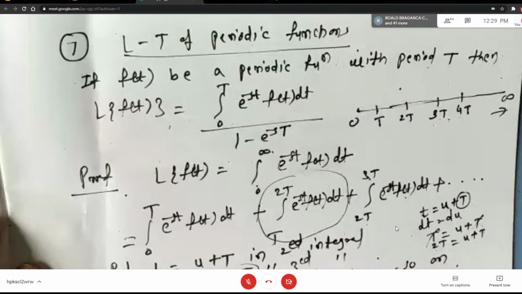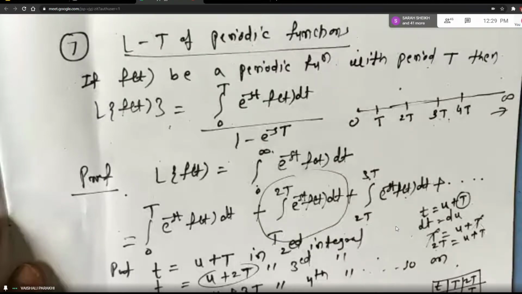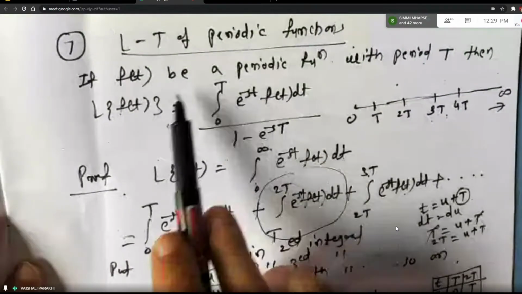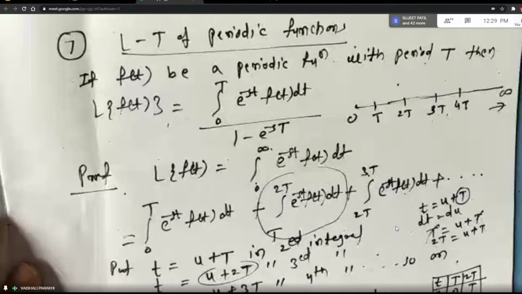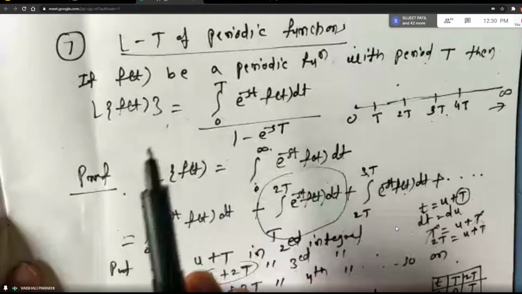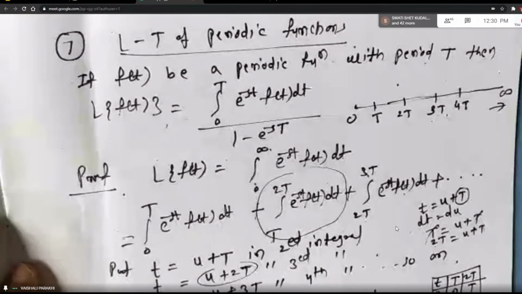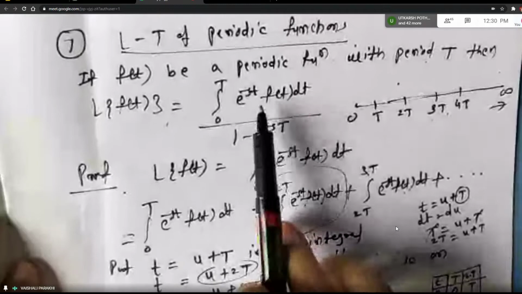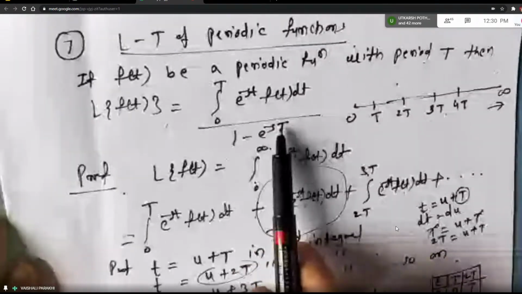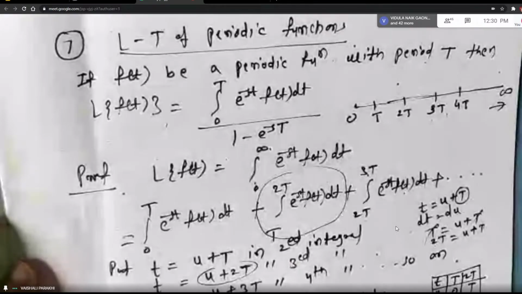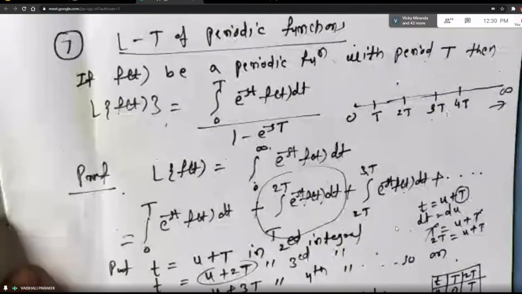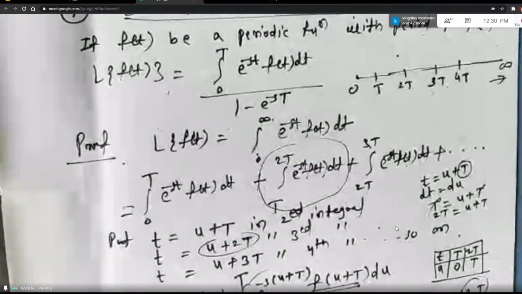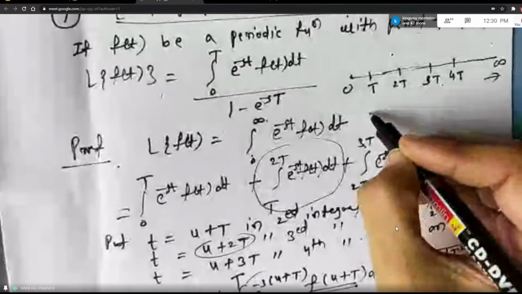Do you remember, students, we have solved problems based on this formula also, and I had told you that time how to remember this formula. If you see, this numerator is nothing but our Laplace transform formula itself, but there the limits are from 0 to infinity, here the limits are from 0 to T. E raised to minus st f of t dt is already there in the formula. And what is extra here? Divided by 1 minus e raised to minus s of capital T. Okay. Now we are going to prove this formula. Proof is not difficult, but little bit more steps are there in this. As usual, first step is your formula step.